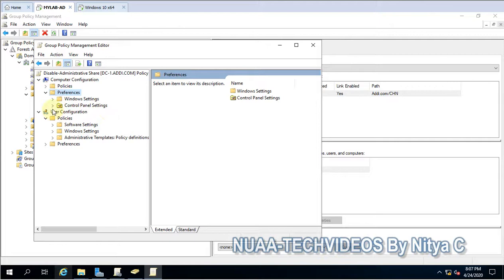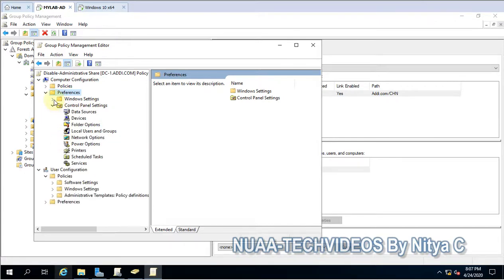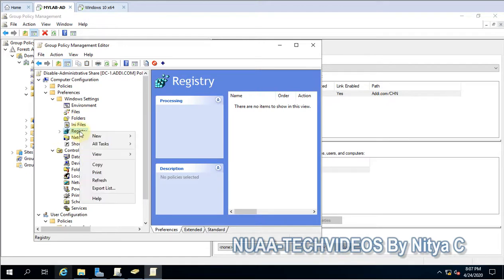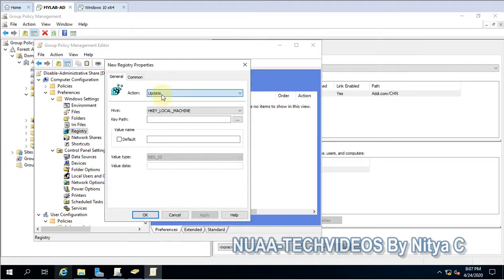So let's do it. This is the registry. You have to go into Preferences, then Registry, then New, Registry Item. Here we will leave it as Update, because if the setting is already there, this will just update the value, and if it is not there, then it will create the value.